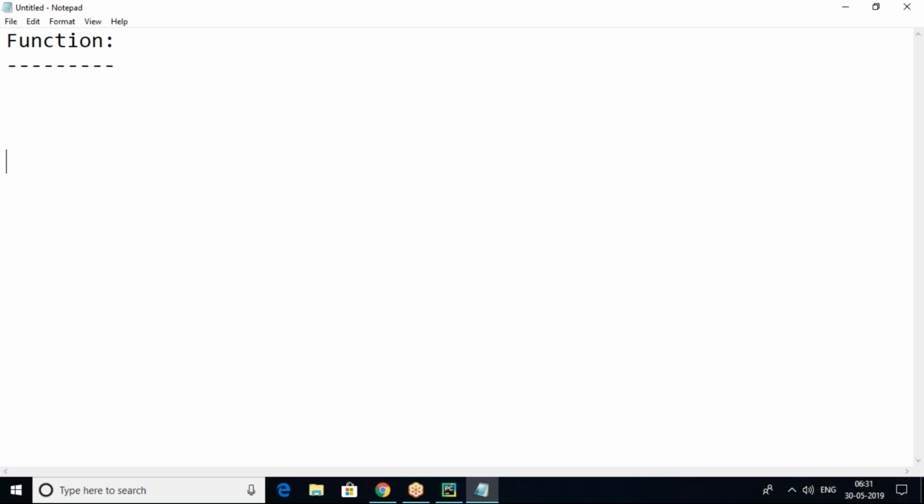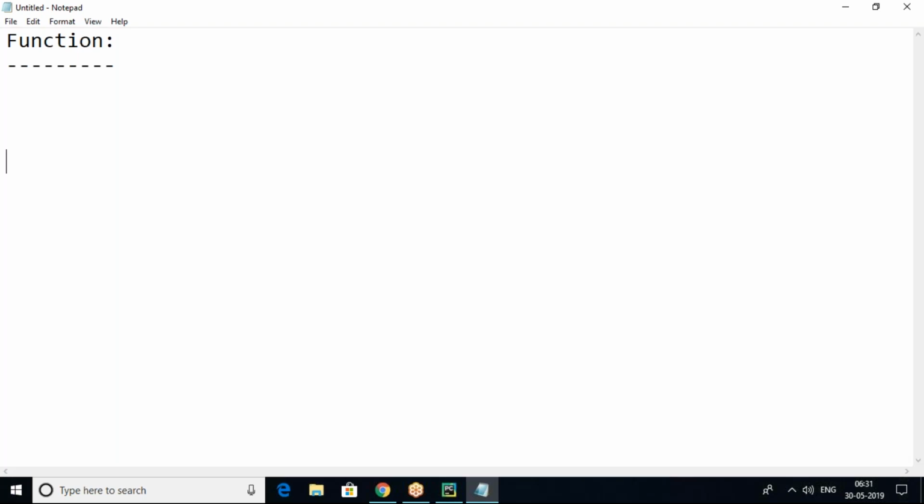Functions will also improve the readability of the program. Easily we can read it, crystal clear. And if you don't have functions, your code grows larger and larger. Whenever your code grows larger and larger, functions help us divide or split that code into multiple units. So whichever unit you require, you can call that as per your requirement.